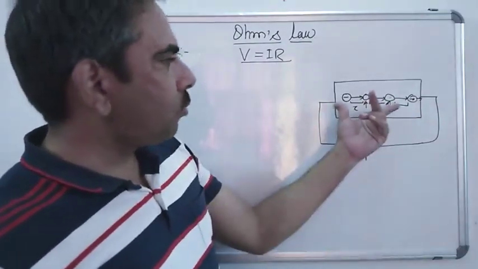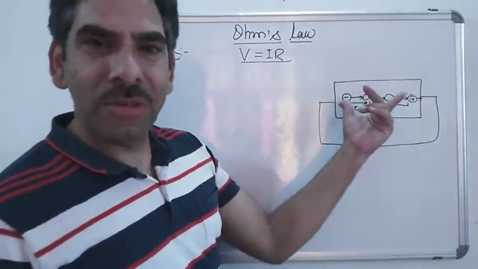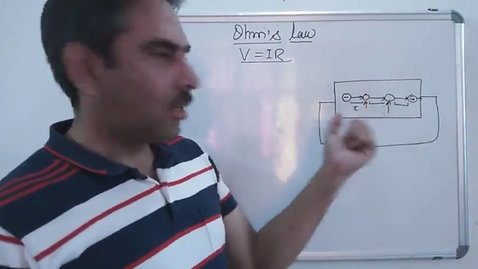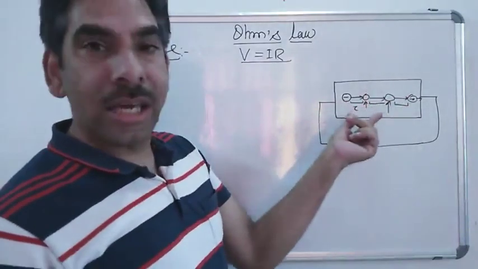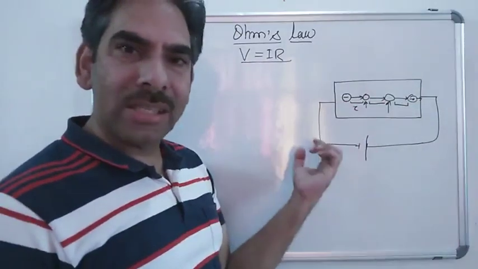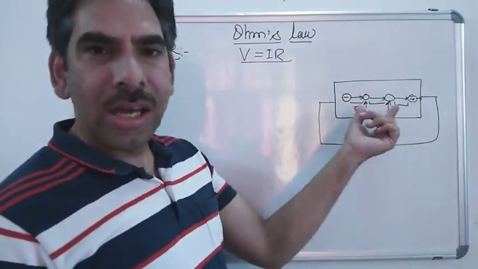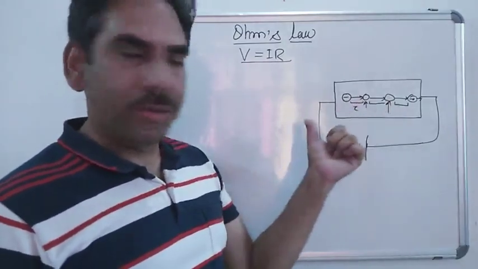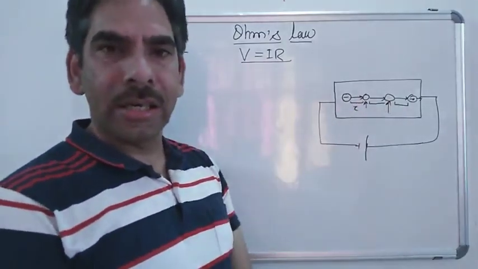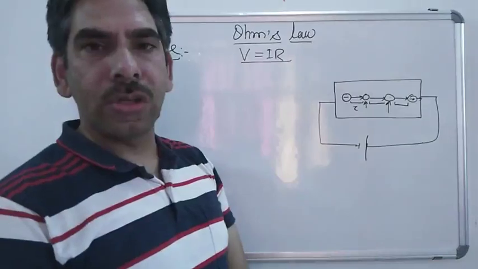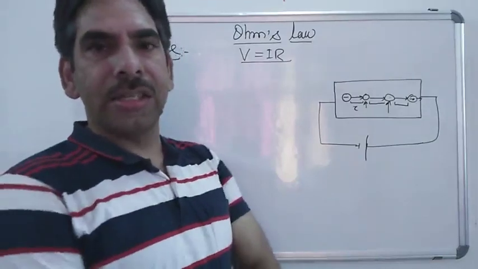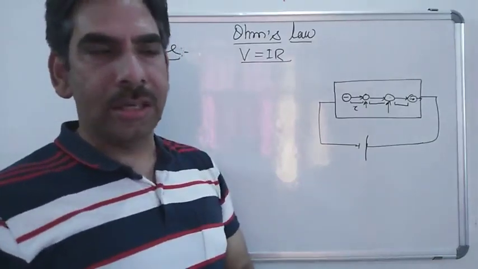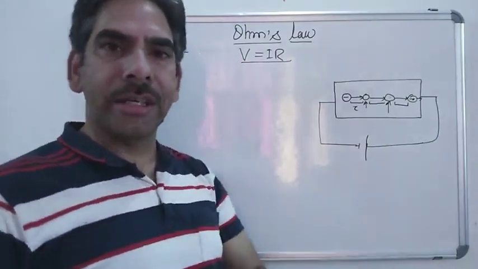So when electron mobility is less, the electric current will be less, and hence these collisions are actually the cause of less current. So these collisions are opposing or creating the resistance to the flow of electrons and electric current, and hence this is the cause of electrical resistance of any conductor.